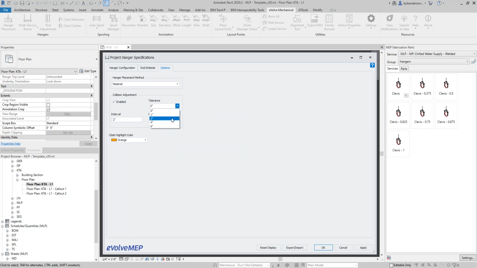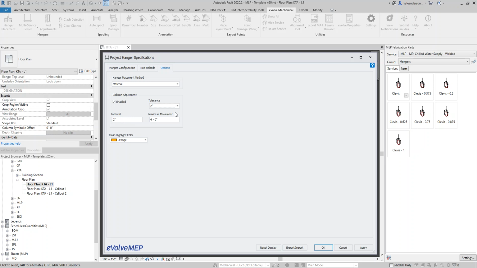If we set this to 2 inches, it will make sure that there's 2 inches of space from this rod and anything else. The interval is if it detects a clash, how much does it move back and forth to try and solve that? What are the increments that it goes? So if it goes 6 inches, it will move in 6 inch chunks trying to find a clear